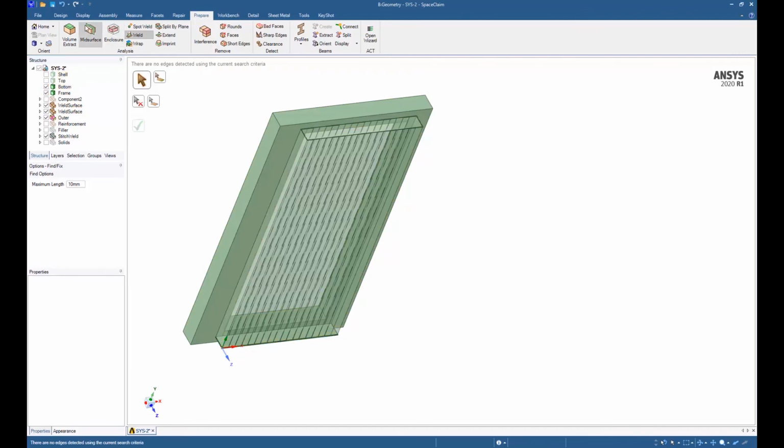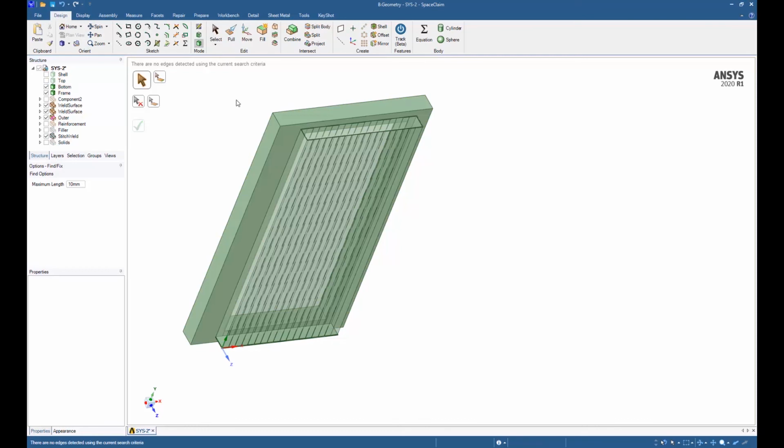So SpaceClaim is a really nice tool to do all of these geometrical operations before I send it over to ANSYS. One thing I want to point out is that the user also has an option of using their own CAD tool, which could be SolidWorks or Creo, and you either use them standalone or use them with SpaceClaim, or you can have your CAD plugins which do back and forth between ANSYS as well as the CAD software. So that's left totally up to the user.